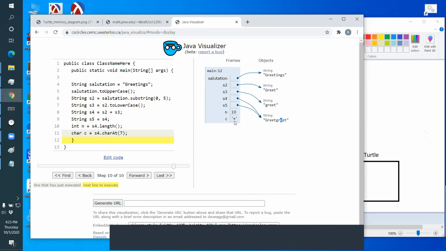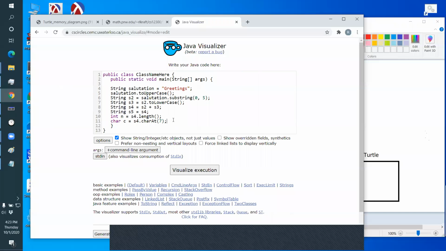Okay, notice it's a primitive data type. There's no character object. There's string objects, but no character object. If this was Python or JavaScript, c would point at a character object out here, and n would point at an integer object out here. But that's not the way Java works. Java made the integers and the characters primitives. So they get stored right in their variable. And another one is